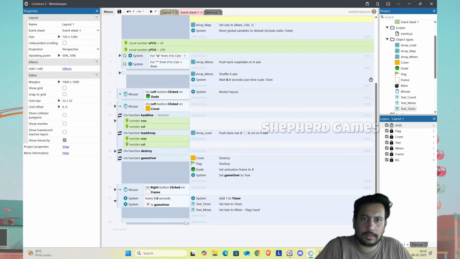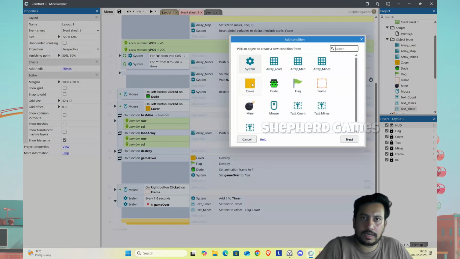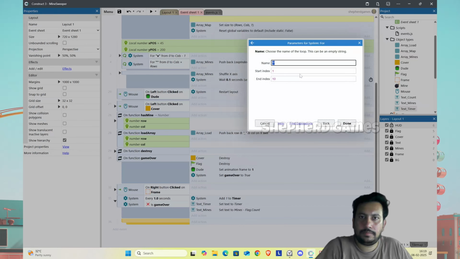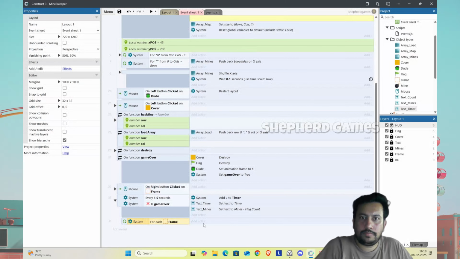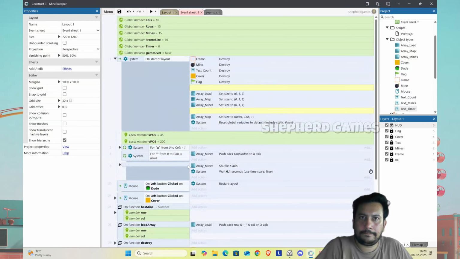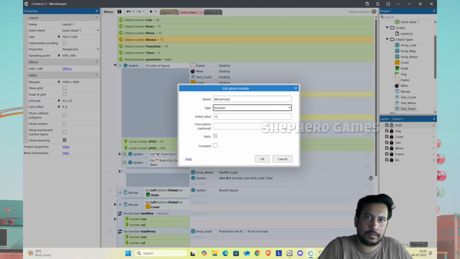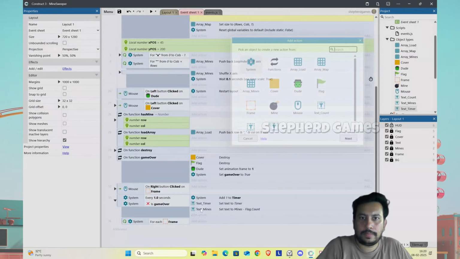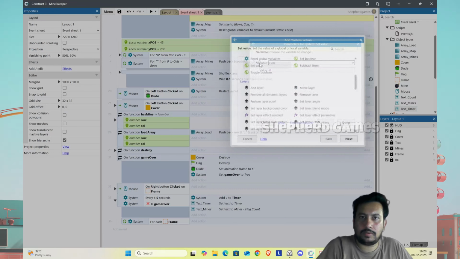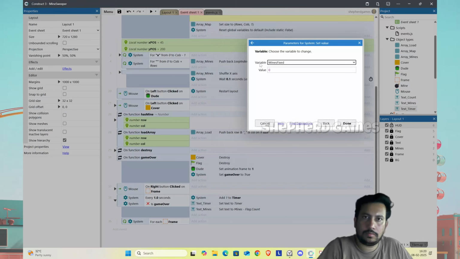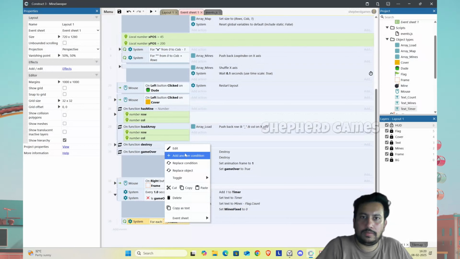Okay, so here, for every frame I'm going to loop through the flags. I'll call it mines fixed. So mines fixed, for every frame I'm going to set it to 0,